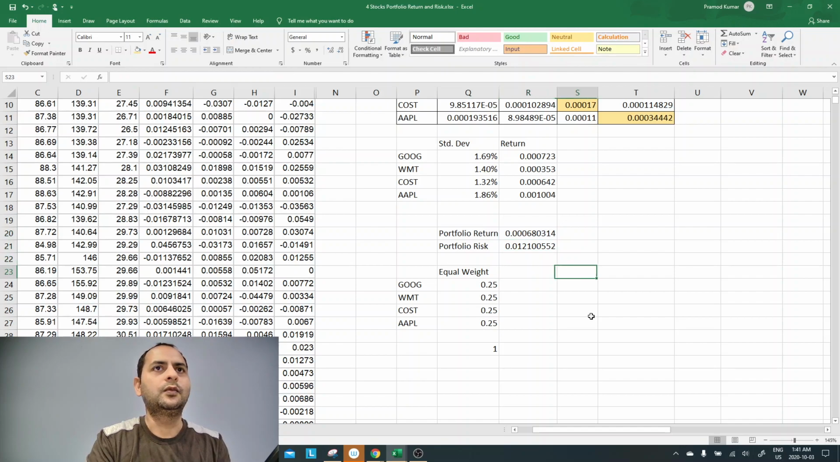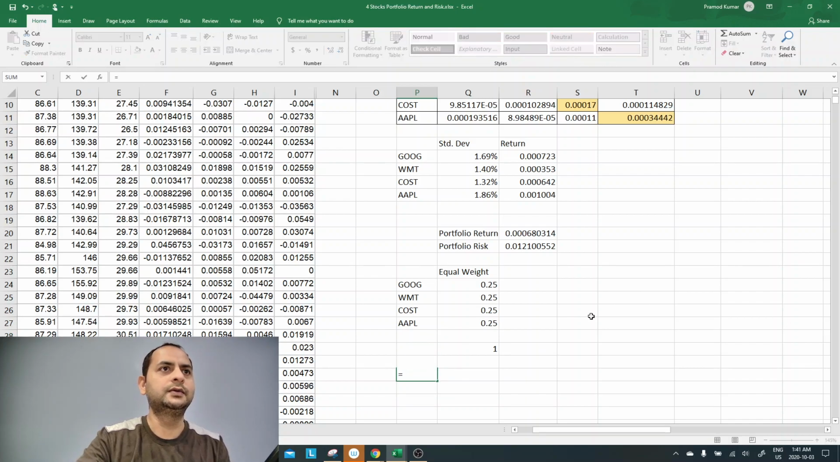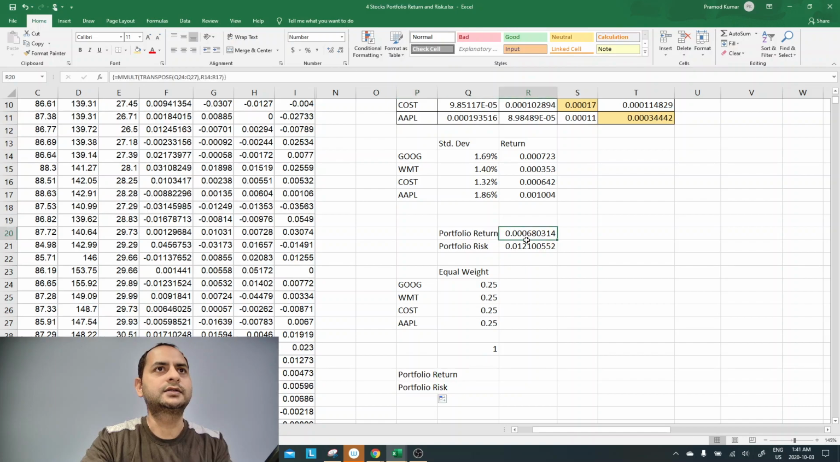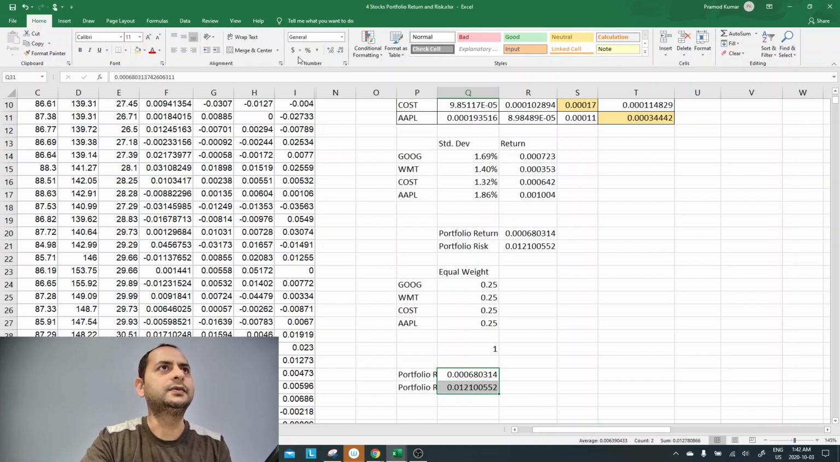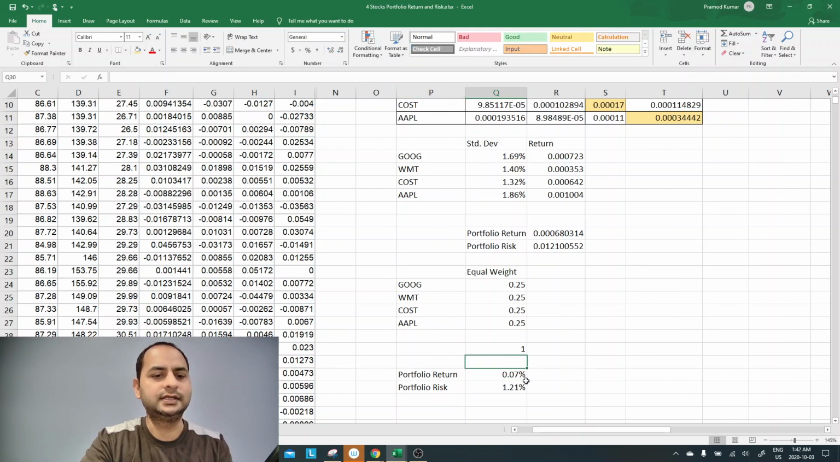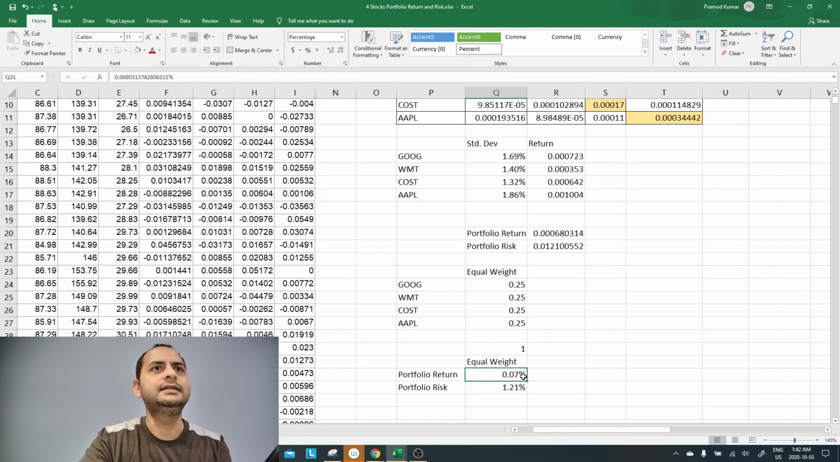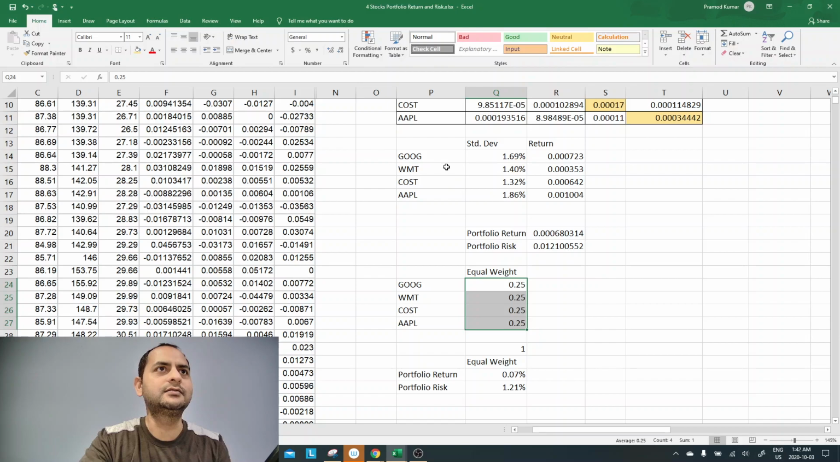So let me have this here. So the portfolio risk, return and risk. So I just copy this here. Why am I copying? Because I just want to compare the result, right? So this is the portfolio return and risk based on the equal weight, right? So I can easily see if my weights are equally distributed across all these stocks, then I have 0.07 of the daily return and